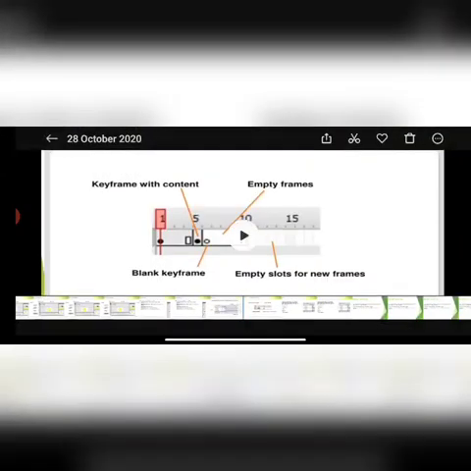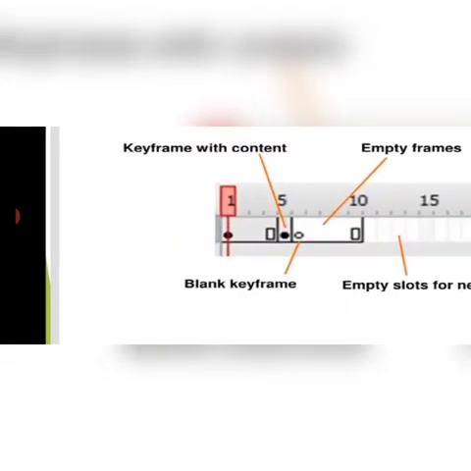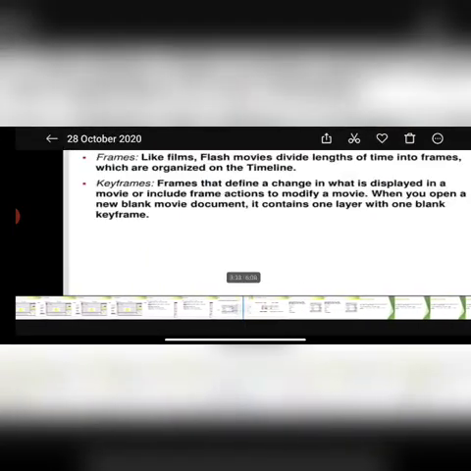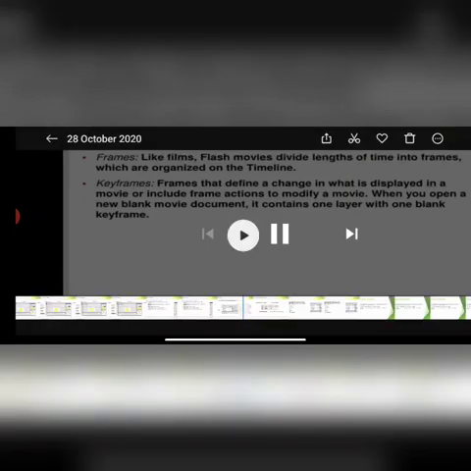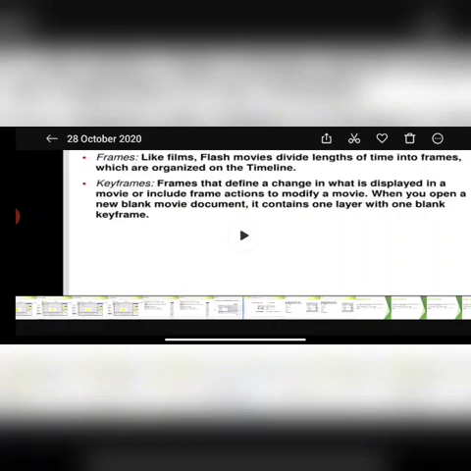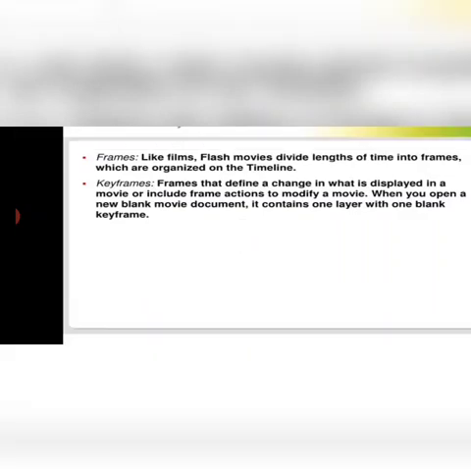So now let's see what frames and keyframes are.